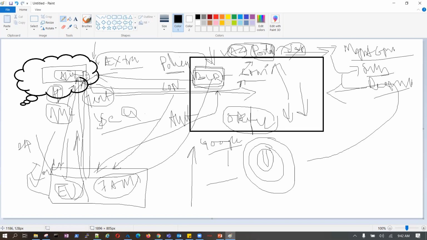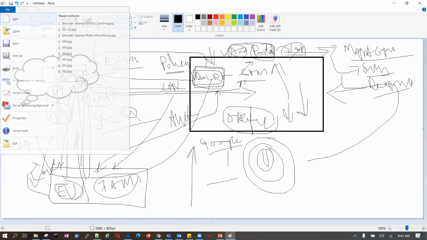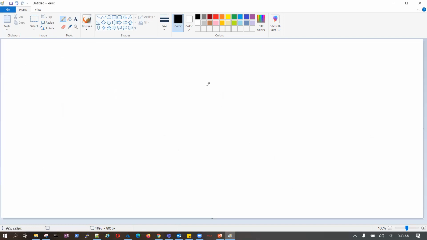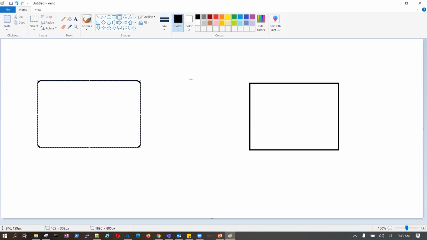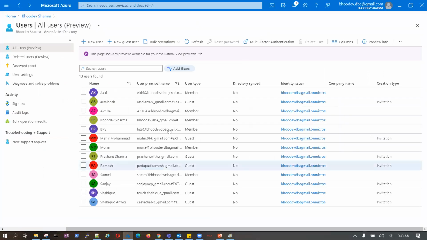Sir, one more question here about users. Suppose we have user creation in two areas. One is under AD user, and another is once we go to the Azure portal, we get users by default. No, by default you are not getting. By default you get only the user using which you have signed in. I'm asking about user creation, sir.